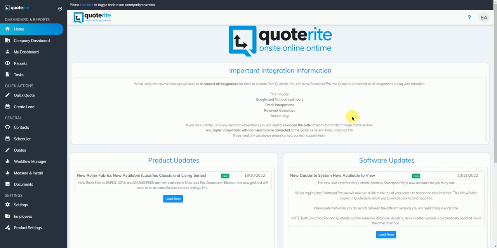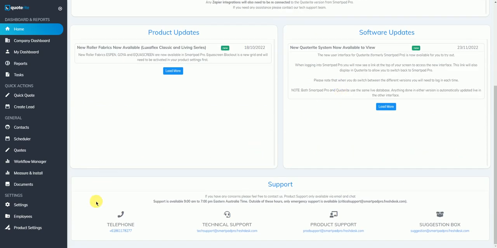Hi guys! In this video, I'm going to show you all the available support options in Quoterite. Once you access the system, you will find a support section at the bottom of the home page. This will give you all the information you need on how to contact us, including your phone number and email